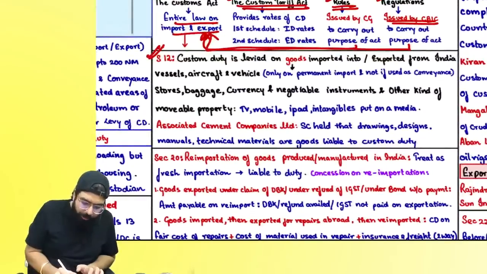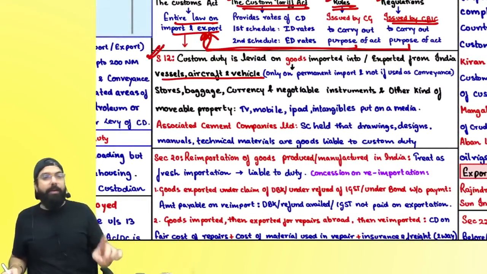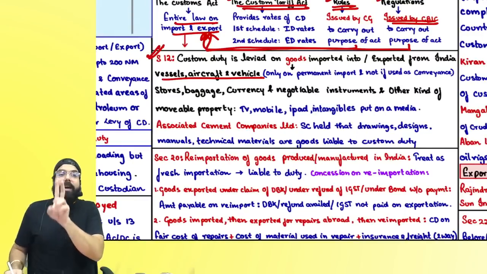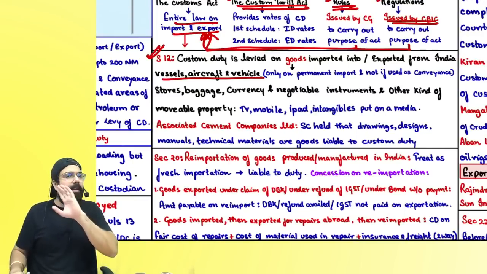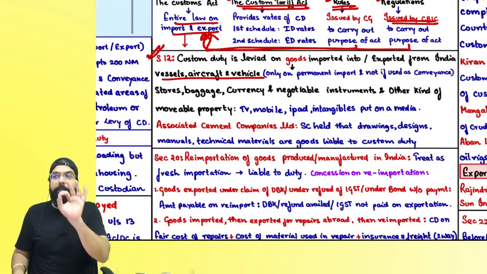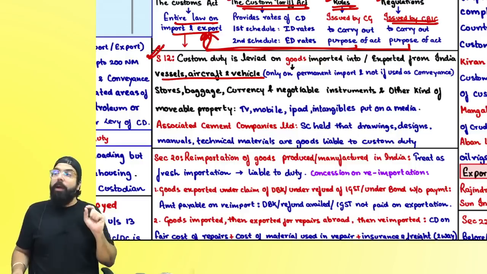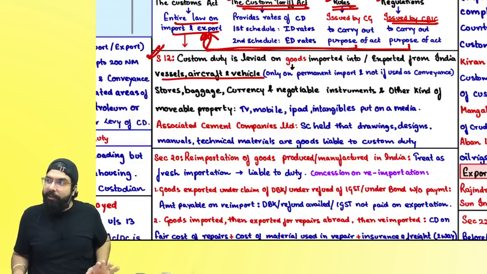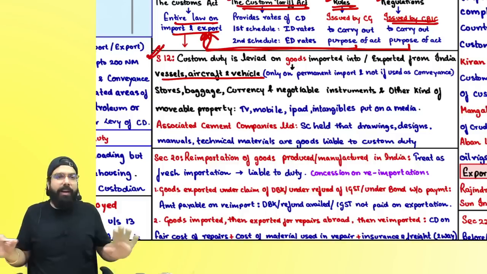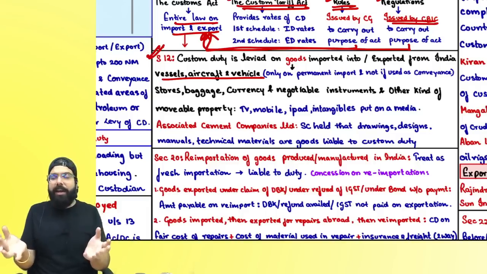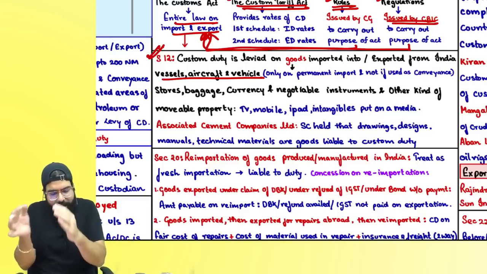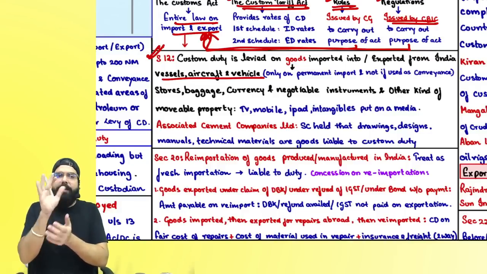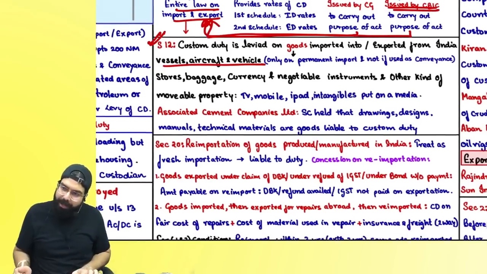So, sir, goods means vessel, vehicle, and aircraft only when they are permanently imported, and not if they are imported as conveyance. If they are coming and going as conveyance, then custom duty can't be levied on them. But if they are imported as permanent import, then custom duty will be levied. There is the Jal Udyog case law, wherein it was held that whenever all this vessel, vehicle, and aircraft is coming as conveyance, then in that scenario custom duty can't be levied. If they are permanently imported, custom duty will be levied.